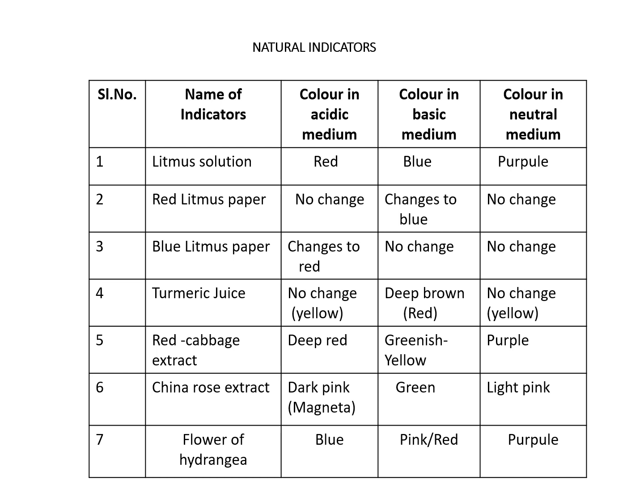Now a very beautiful example of this indicator is a class of flower called hydrangea. Hydrangea is a class of flower which changes its color depending upon the type of soil in which it is grown. So if the soil in which this hydrangea flower is grown is acidic in nature, that means it will produce a blue color flower.